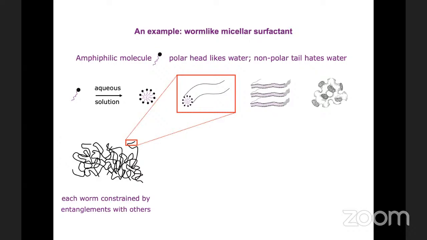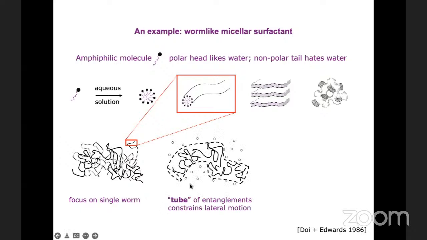But actually, what we do here is take a mean field approach, where we reduce the n-body problem to a one-body problem, where we focus on a single worm. And these are actually ideas that were developed in the study of entangled unbreakable polymers. So if we focus on a single worm, the ideas that were developed back in the 80s by Doi and Edwards and de Gennes and others are that, in focusing on a single worm, you replace